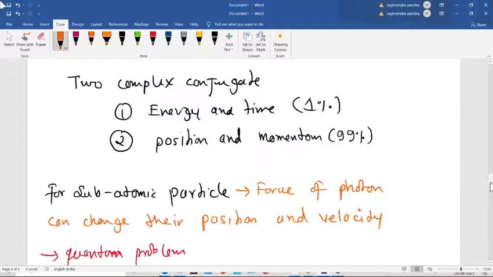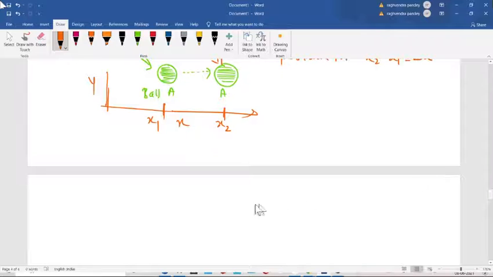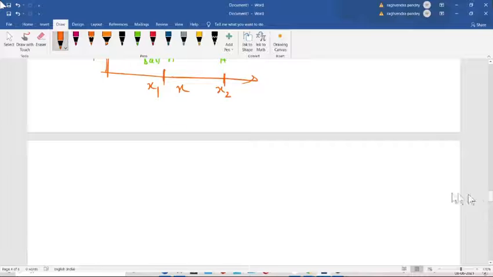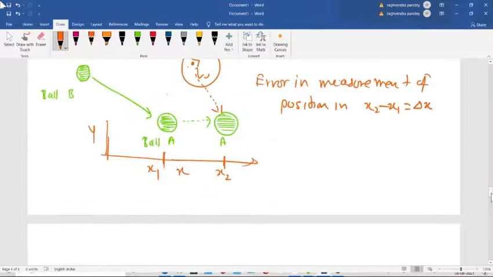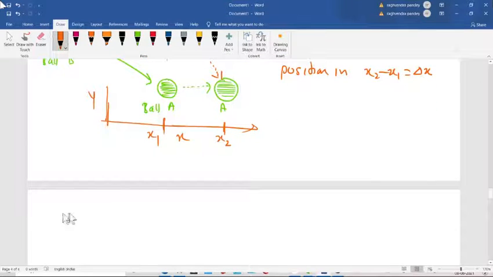Now coming to the momentum. What is momentum? Mass into velocity. Now mass doesn't change. Suppose the electron has some mass, it doesn't change. The momentum is P equals mv. So mass remains constant whether the electron is traveling or not, unless it is traveling at a speed comparable to the speed of light, but that rarely happens. So only velocity changes.